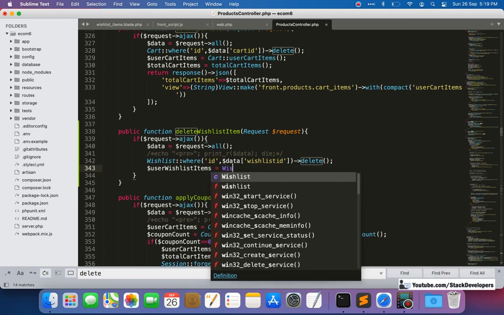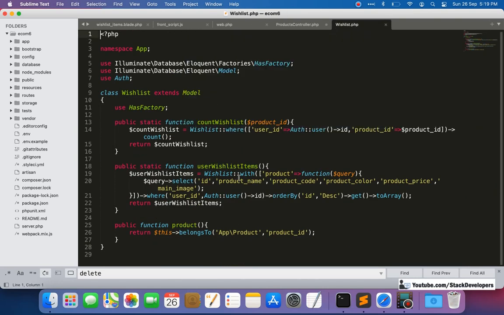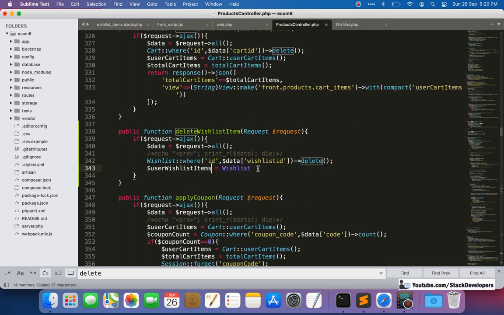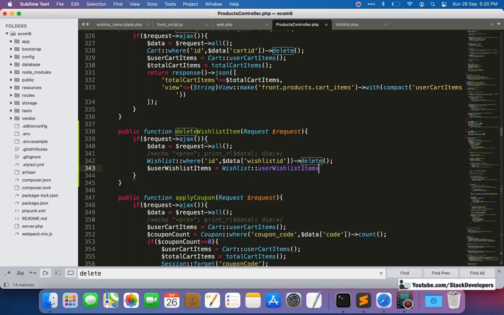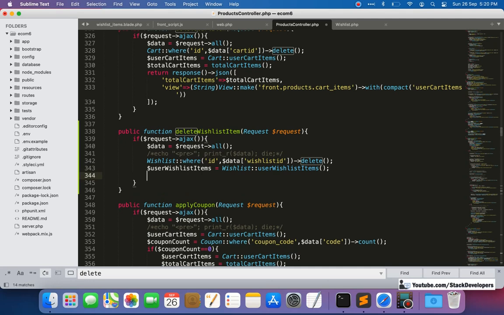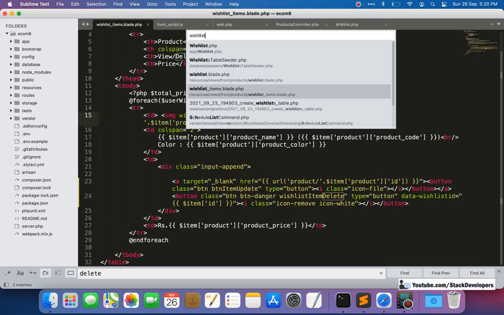And we have given this function in wish list. I'm going to open this function, see, user wish list item. So I'm going to use this one, user wish list item, and here we are going to call this one from here, like this. After that there is one more function we are going to create for the total cart items. Now we need to check the wish list cart items in Ajax as well, otherwise that count wish list will not work now.